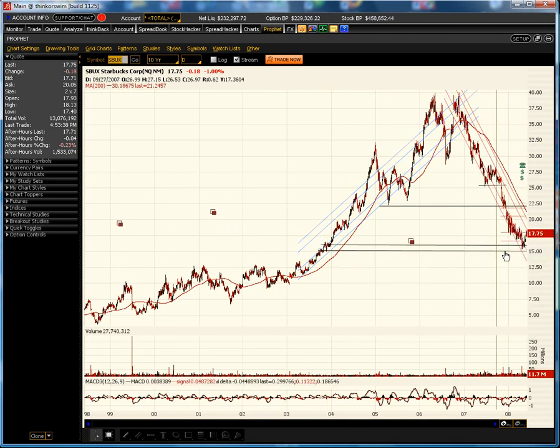There may be some institutional support coming back into the stock, looking to purchase it at a significantly lower price level than it was up here. And maybe they'll take it for another run up, back up to 40 or even higher. Who knows? But at one time, if we go back to 2003, the reason that mutual